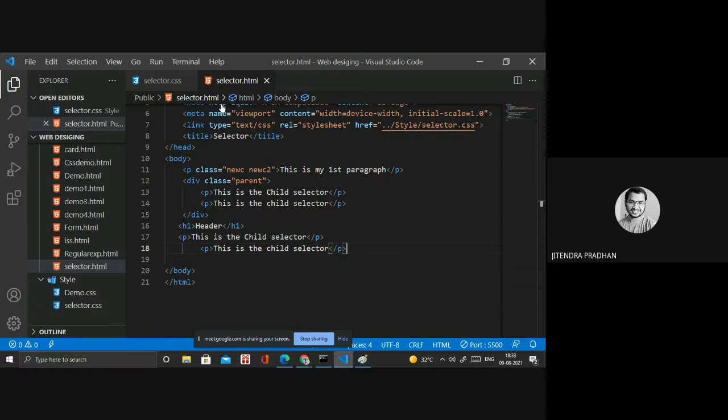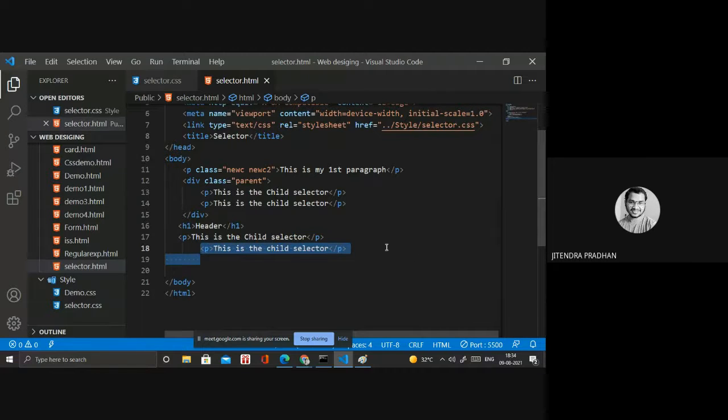If you need to change something only for the element right after a tag, it's an adjacent selector. If you want to change the particular selector after the first selector, then you have to use the adjacent sibling selector.